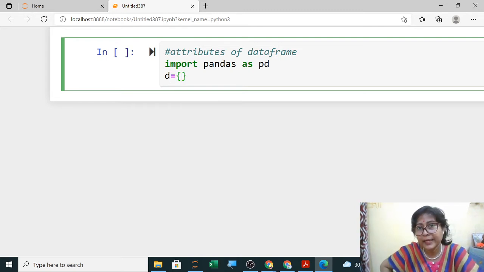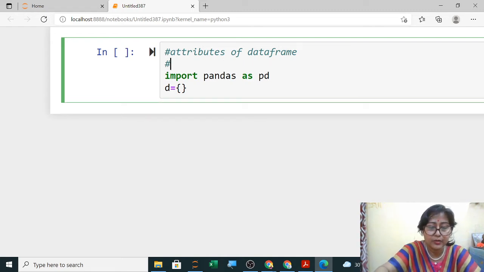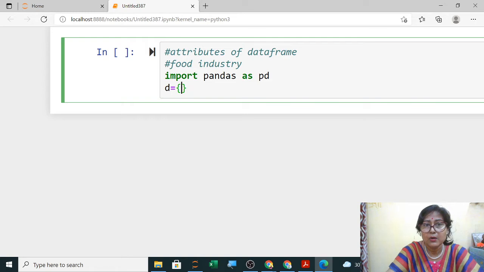Now suppose, which domain do you want to take? The domain can be cybersecurity, AI devices, IoT, NLP, forest, food. Suppose you are taking food, so I am taking the food industry. Like this only you have to create your project also. You can ask the user to enter all the data, or you can enter the data here also. Now in the food industry, what all data will be there?